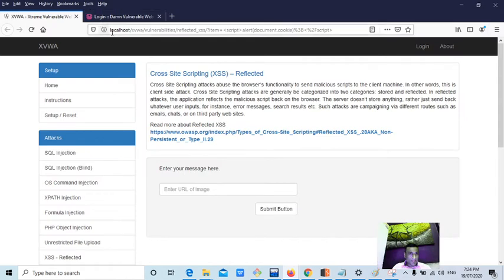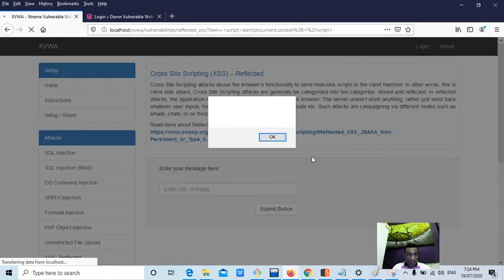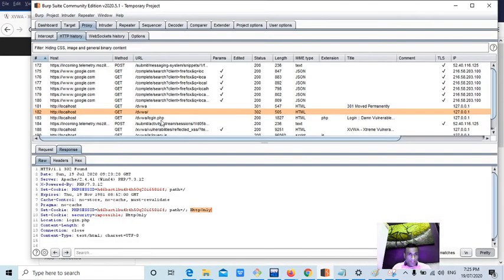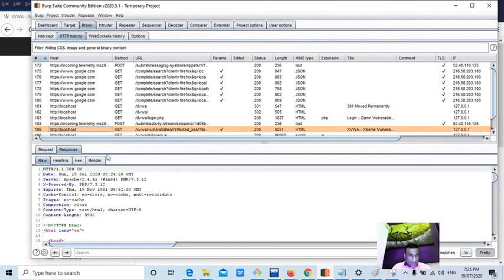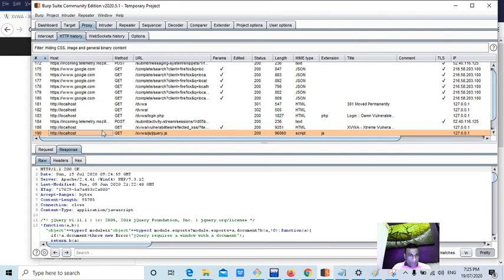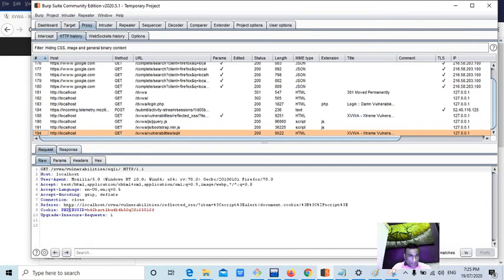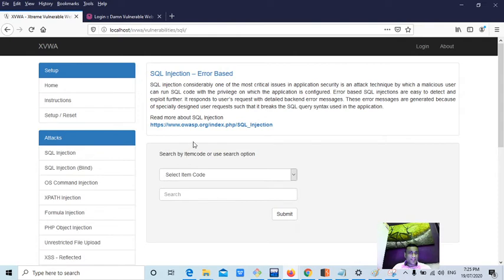For example, I'll show you now. I'll try to open XVWA. If you go to the request tab, it is using PHPSESSID. Now since the HTTP only is set for that particular site, that means it is also set for XVWA.